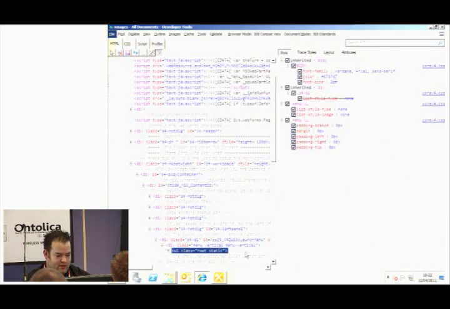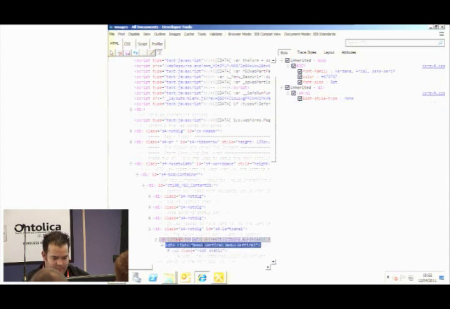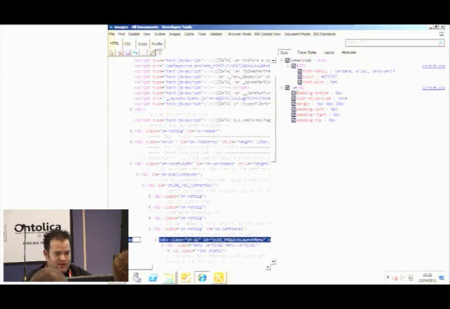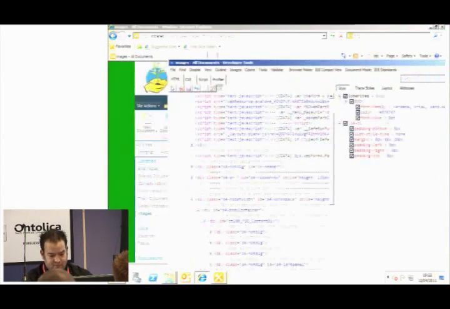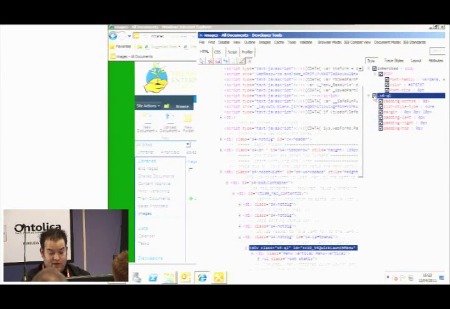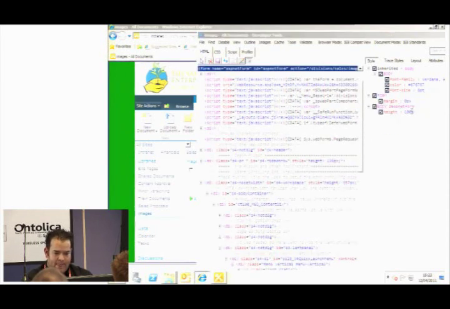Which is to find out what it's called. So we've got quick launch there. They give these nice names to things, so you just kind of hazard a guess. The good thing about the IE toolbar is you can turn the styles off, sort of on the fly, which is useful if you do something really bad and you want to just turn it off to check, or if you've got colours. So let's look at the